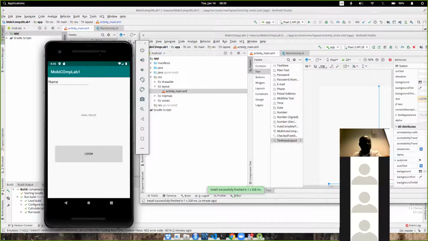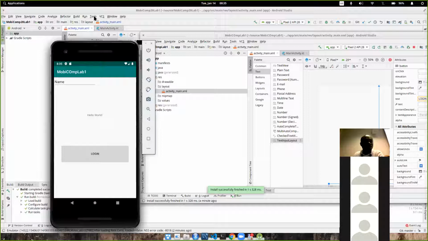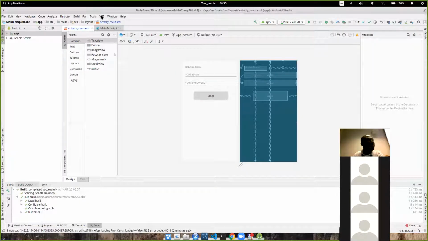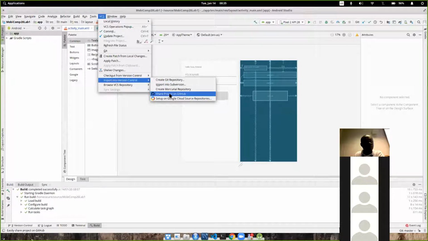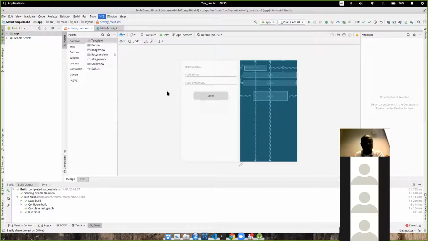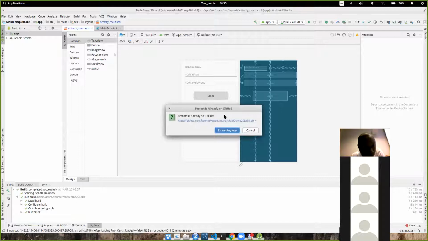Now I want to share this project on GitHub. So what I do is that I go to VCS. On Android Studio, you see this VCS menu. It's for version control systems. Once you click on VCS, you can see import into version control, and you see share project on GitHub. So once you click on it,